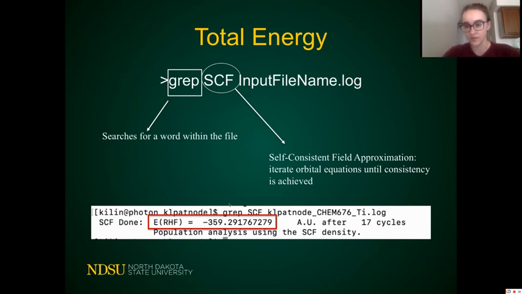And as you see, it's E with that RHF, so it's the exact same as we saw just above in the Gauss view output analysis, which is a little bit quicker in that all you do is type one simple command after opening your file, and then you get that same information. So the next slide